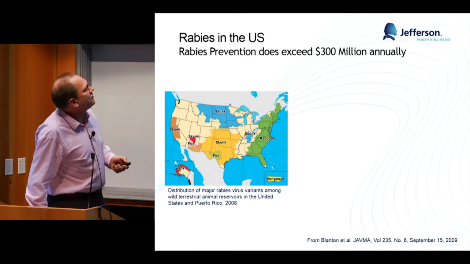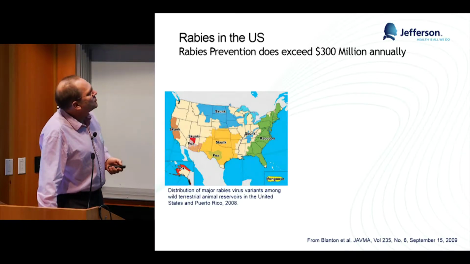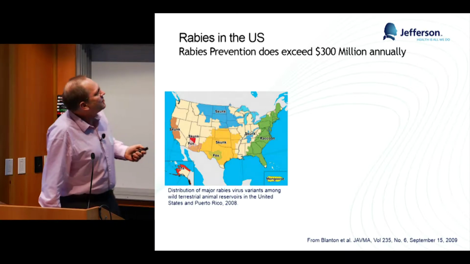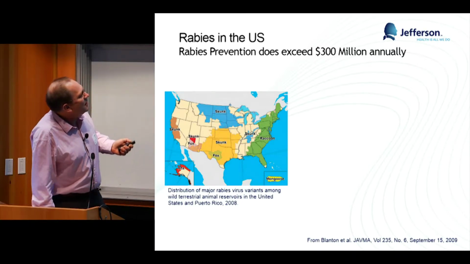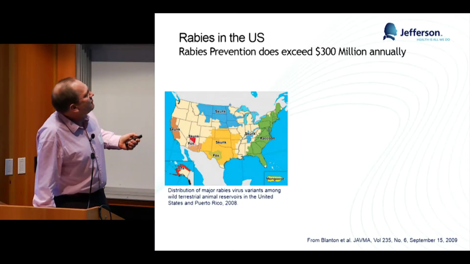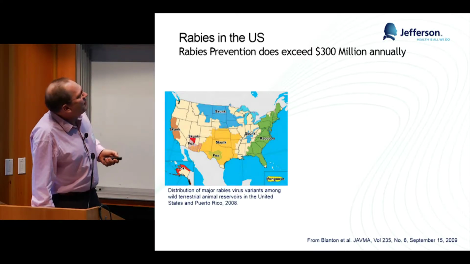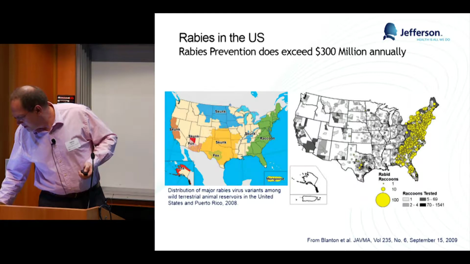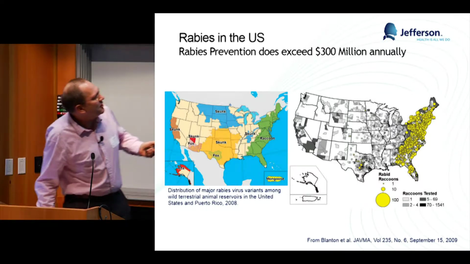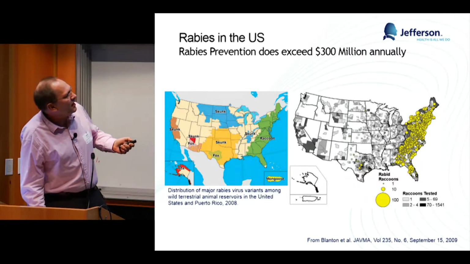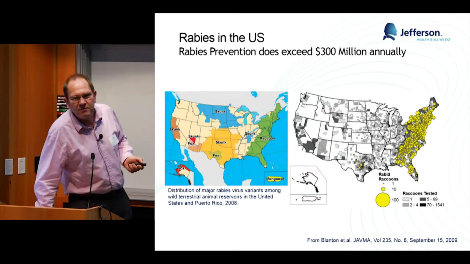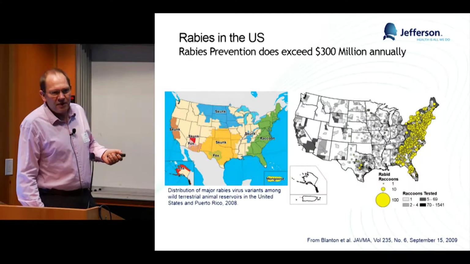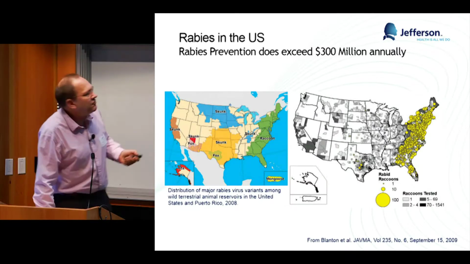So that's just to walk you a little bit through the numbers. The US is very special with rabies. We have different species: raccoons, skunks, foxes, and bats which transmit rabies virus. And here are the numbers. It's an emergency area for rabies; it's unbelievable how much rabies we have. Basically, if you find a raccoon or a skunk in your backyard, there's a good chance that they have rabies.